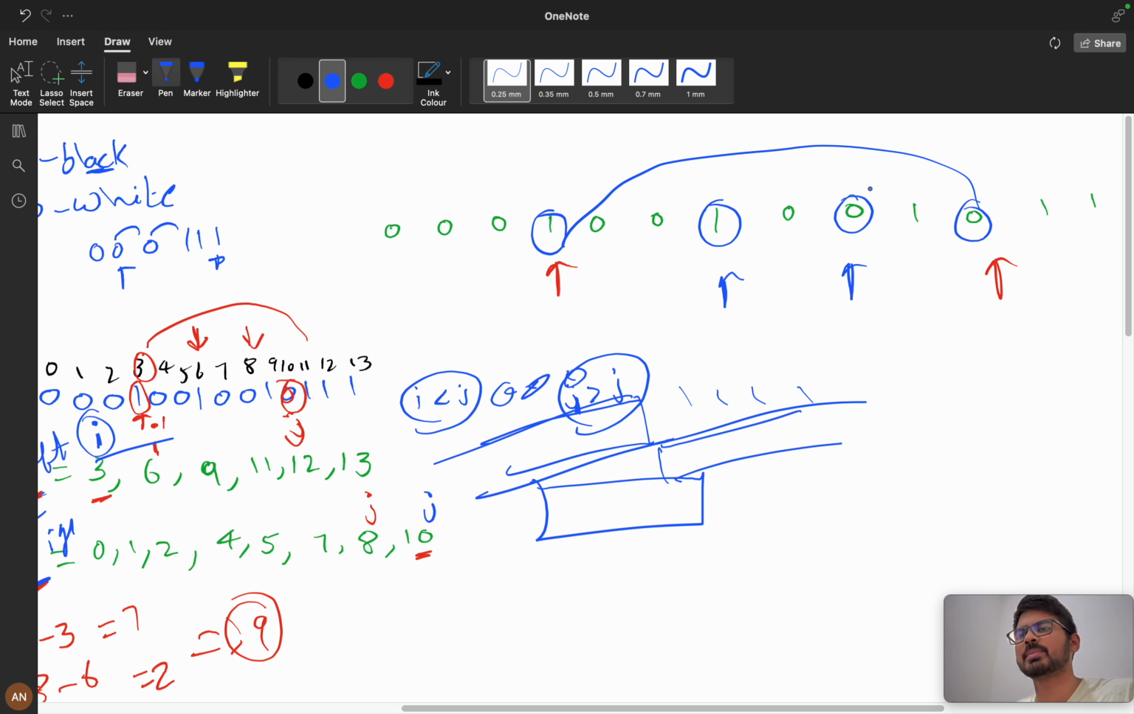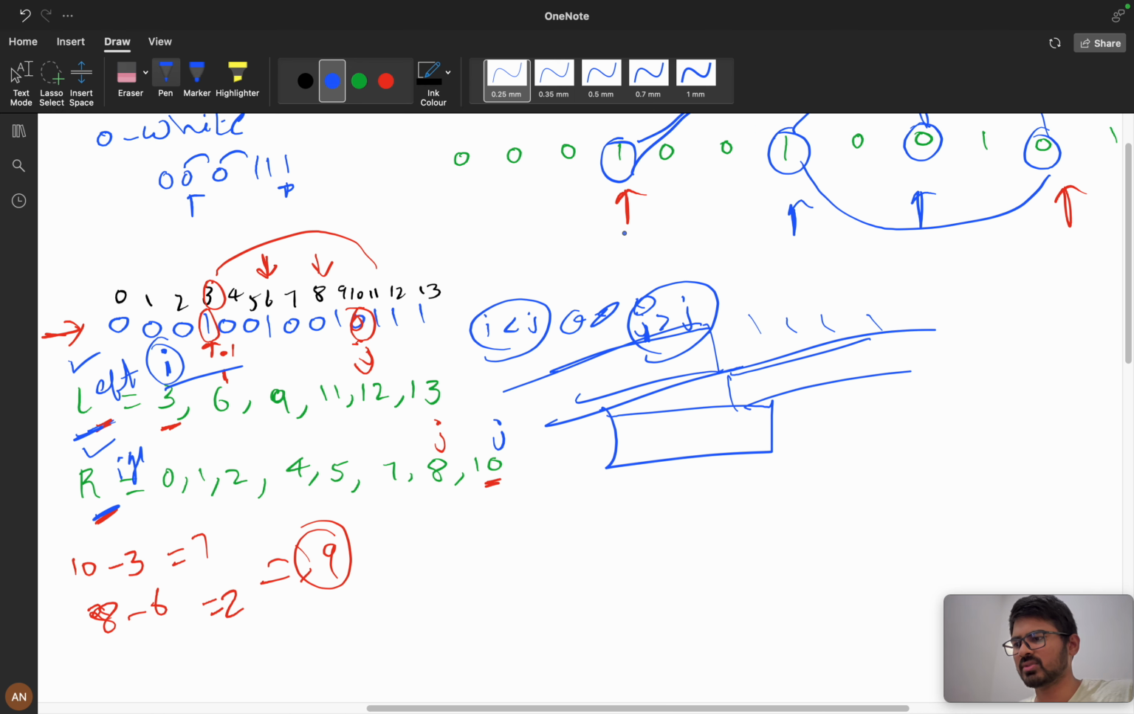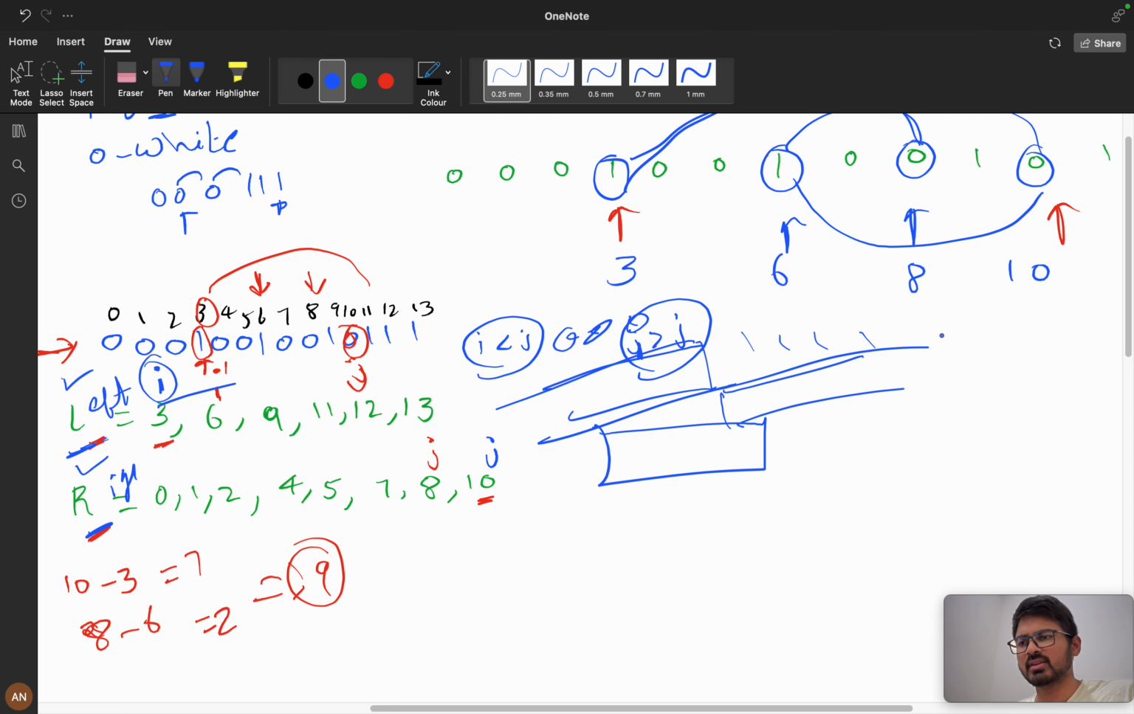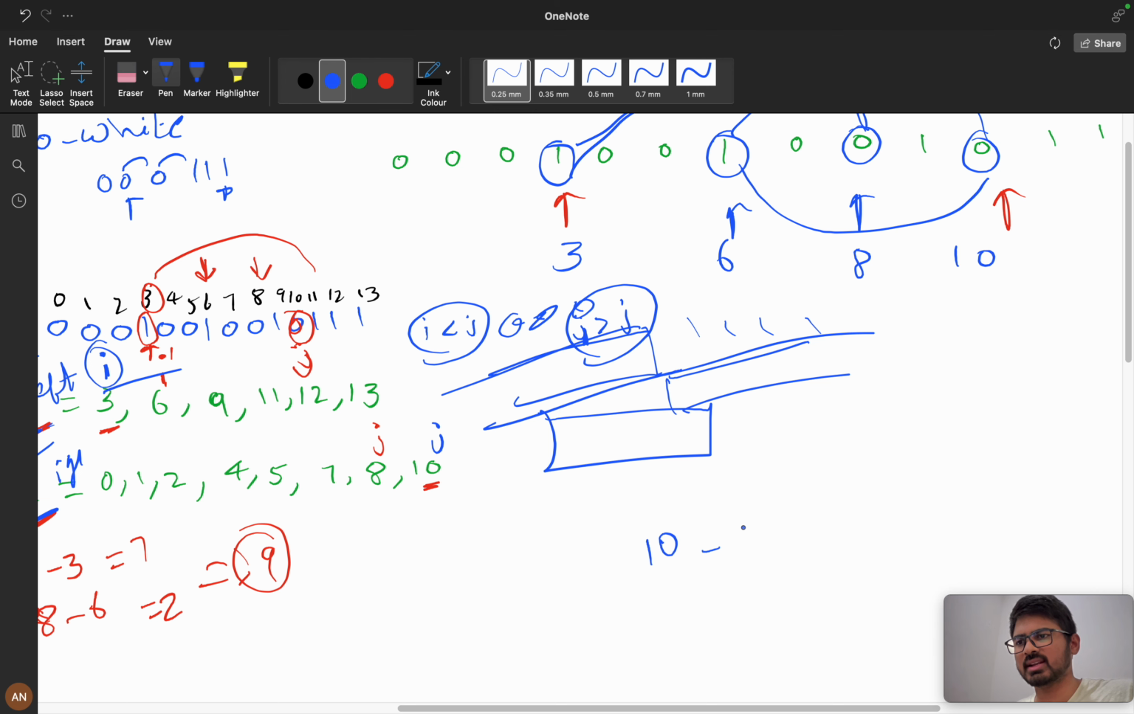the indexes. We are subtracting this and we are subtracting these two indexes, and it is the same, like if you can subtract these two, which is equal, right? Because if you see here, we have 3, 6, 8 and 10. We are subtracting 10 minus 3 and we are subtracting 8 minus 6, which is equivalent to